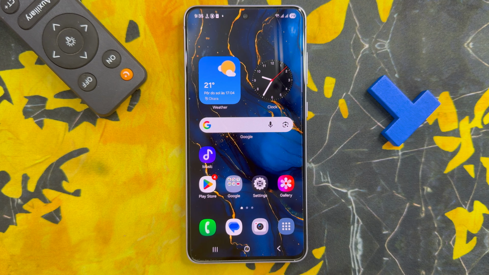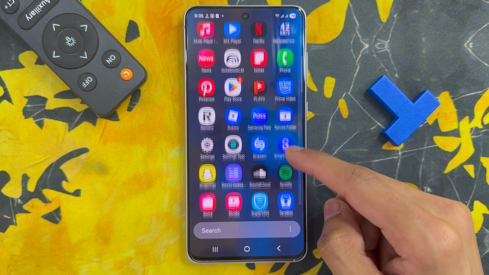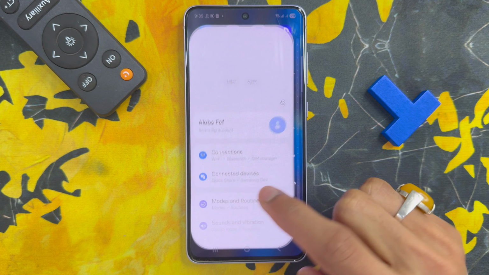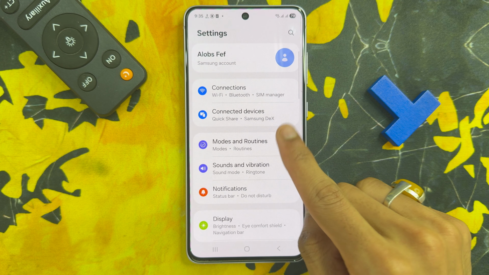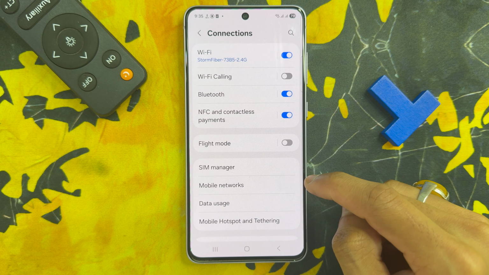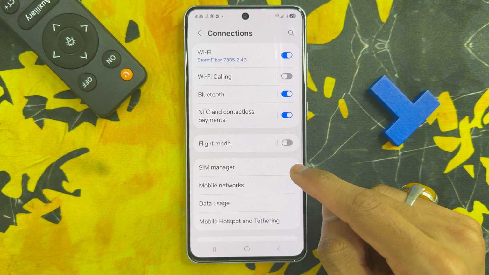Let's start the video. First of all, go to app library. Here click on settings app. Now in settings, scroll down and you will see the first option is connection. Click on connection and click on